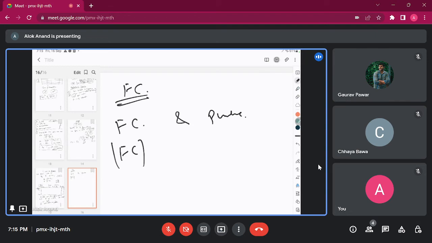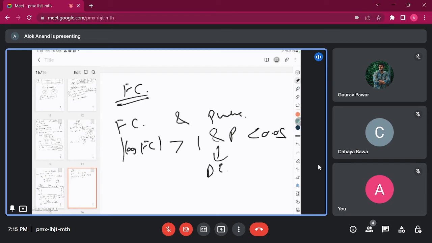Why negative? Because जब आप fold change लेते हो, इसका log 2 लेते हो basically. आप log fold change निकालते हो, ठीक है? Not fold change. So if my modulus of the log fold change is greater than 1 and p-value less than 0.05, I will say the gene is differentially expressed,